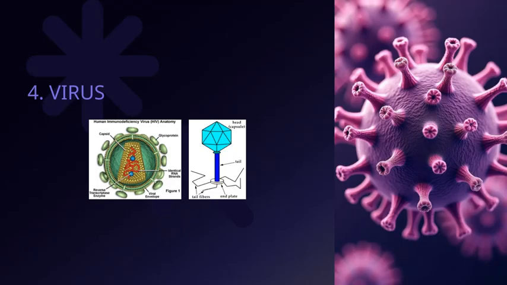Let's take a closer look at viruses, which are a key part of understanding infectious agents. Viruses are tiny infectious particles that can only reproduce inside the cells of a host organism. They're unique because they aren't considered alive in the traditional sense. They lack cellular structure and metabolic processes of their own. Instead, they hijack the machinery of host cells to replicate. This makes them particularly tricky to combat, as they can evolve rapidly and evade immune responses.